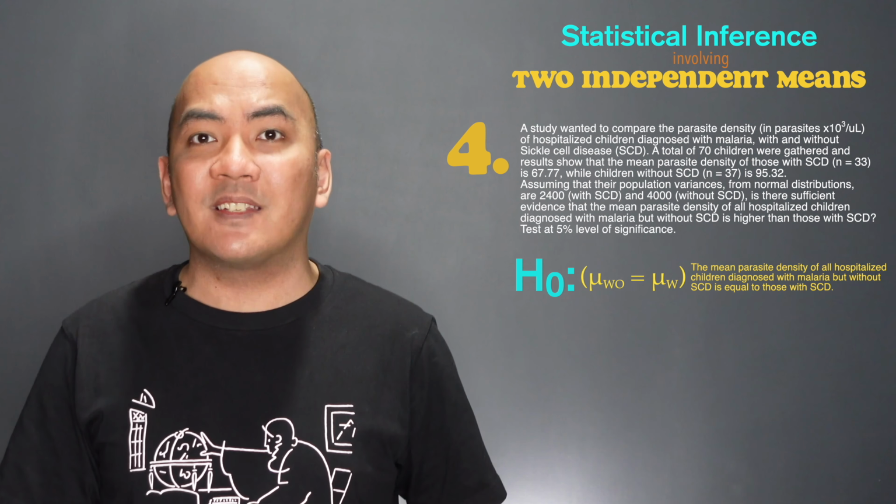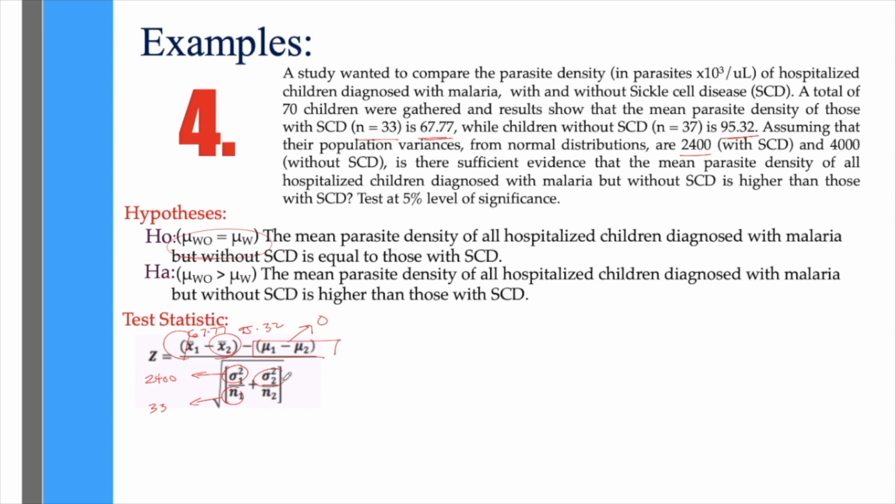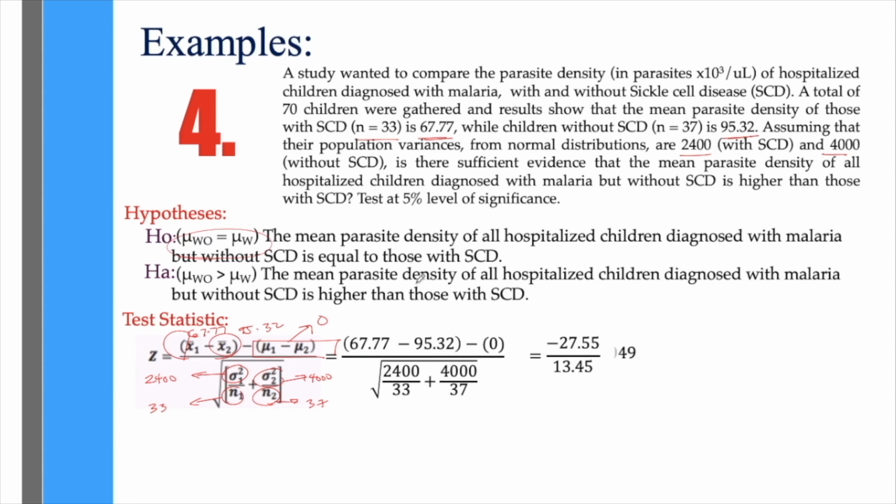And n sub 1 is the number of patients with sickle cell disease, so that is 33. And for sigma squared sub 2, that is the variance of patients without sickle cell disease, so that is 4,000 divided by n sub 2, the number of patients without sickle cell disease, so that is 37. And substituting those values, we're going to have negative